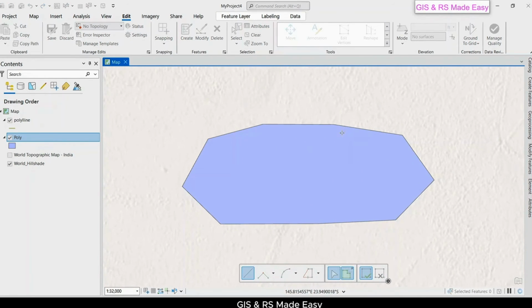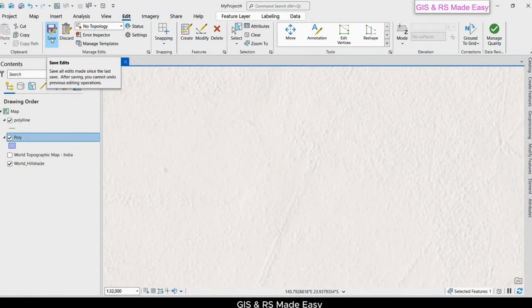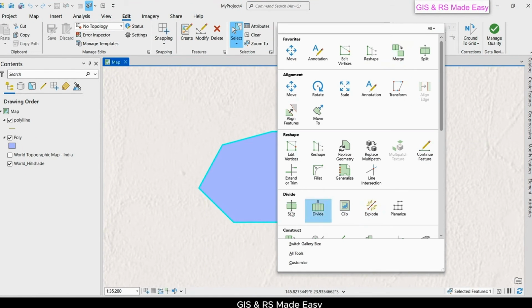Finish. We want to split this polygon. Click on save. We want to split this polygon in the middle. For that, select the shape and click on the split,